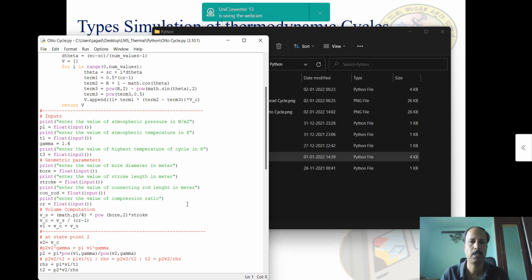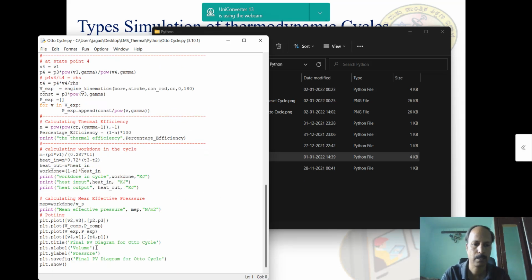Once you give them, this code will calculate different parameters like pressure, volume, temperature, and then it will give us the results in the form of work done, efficiency, heat input, heat output, and mean effective pressure. Also, this last section plots a PV diagram of the data that you have given.